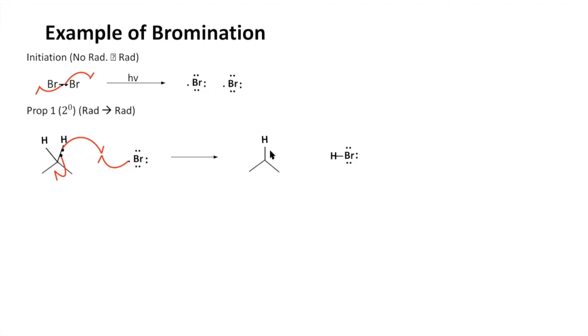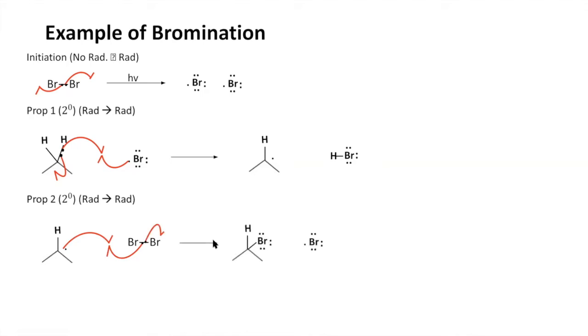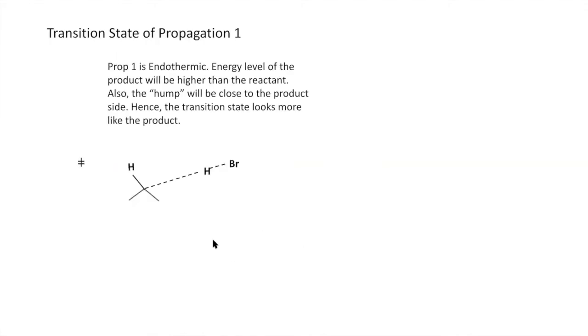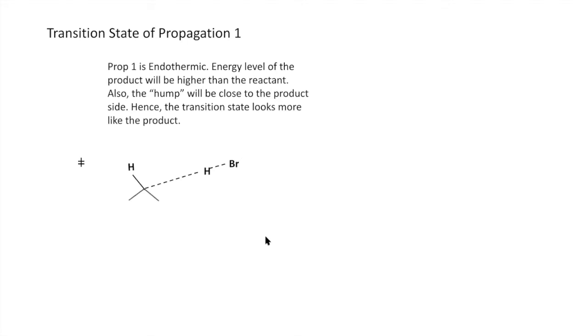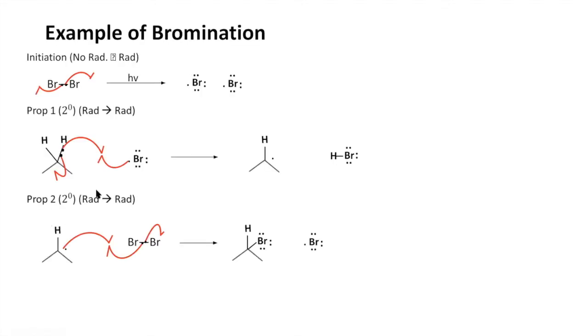What would be more stable? Well, actually, let me keep going on. I'm going to do propagation step 2, bring in the bromine, boom, boom. There we go. And now let's talk about the reaction coordinate diagram transition states for this. Propagation step 1 is endothermic, the one right here. We're going to focus on propagation step 1. This is the key step that determines what products we're going to get, because whatever radical you get, that's where your bromide ends up. So this is the key step.